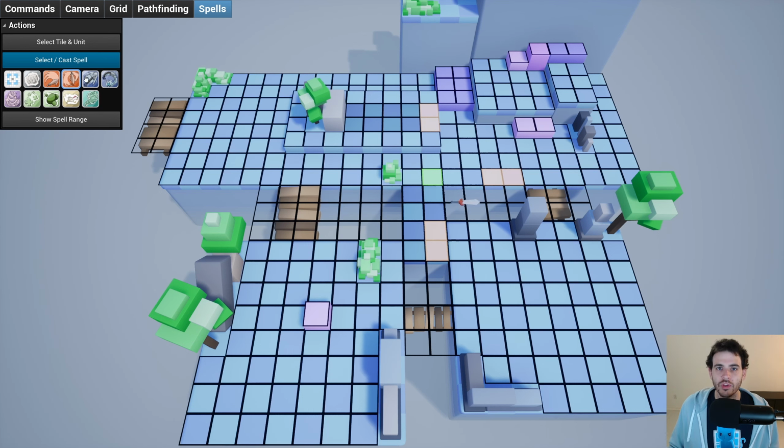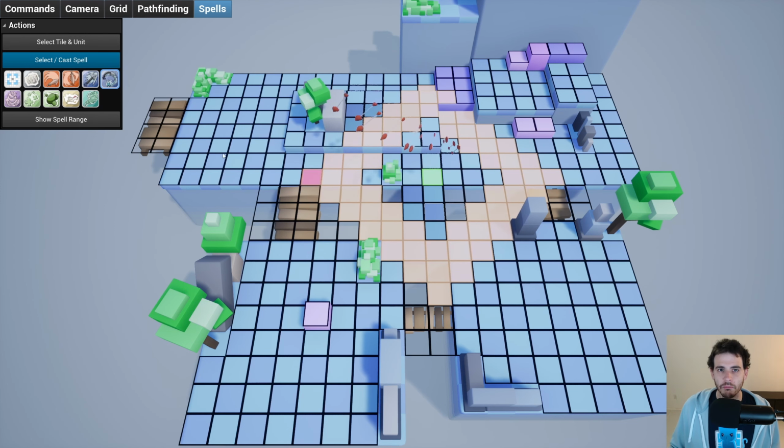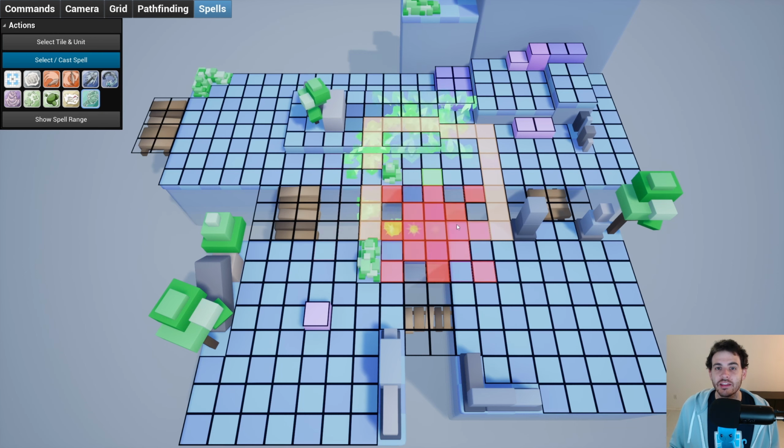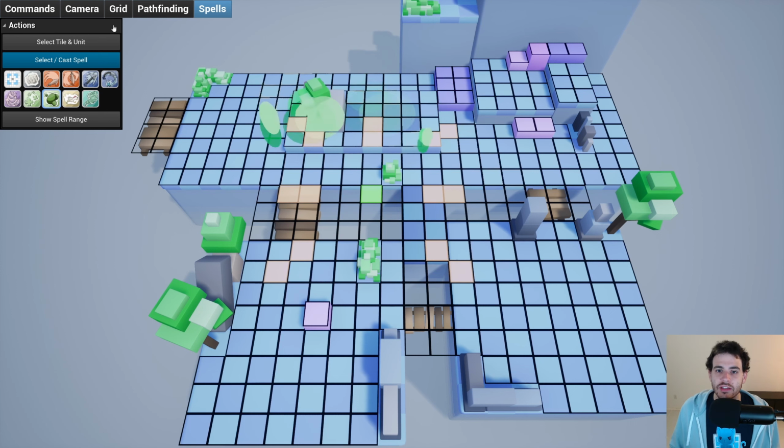Spell bar. Today we're going to replace the combo box we are using to select the spell with a spell bar, because first it's going to be way nicer than selecting the spell we want to cast via a combo box, and because I realized that for all of our units we need to regenerate the spell bar according to all the spells that the unit type can cast, because not all the units are able to cast all the